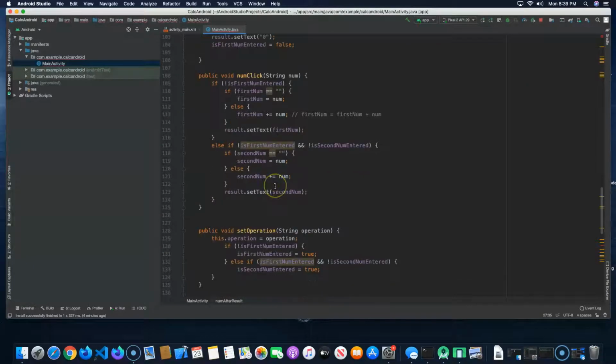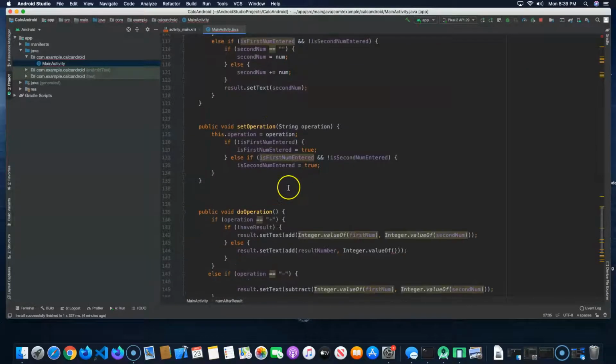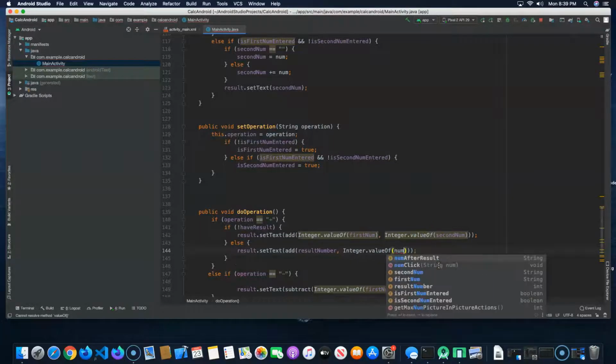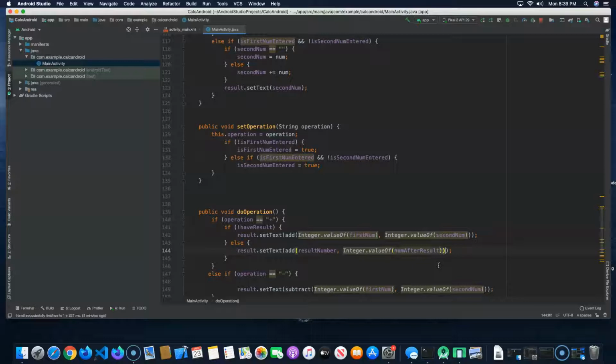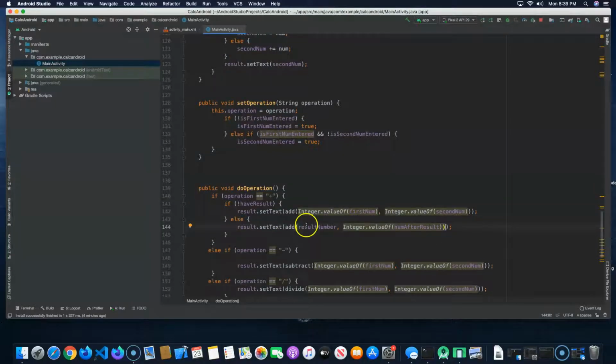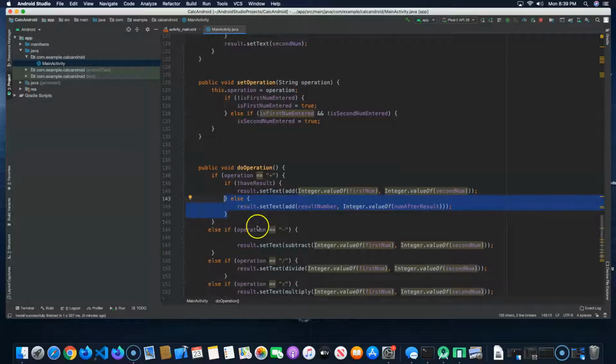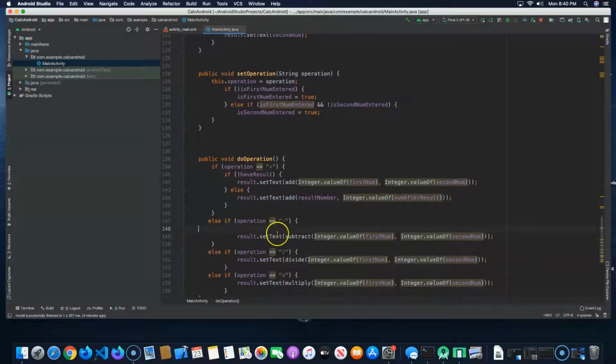So we'll come back here all the way down. So integer.value of num after result. Okay, this isn't going to work just yet because we don't have the result number, but I will do that in just a second. For right now, we just need to copy this all the way down here, which is going to be a little bit of a pain. So here we'll do if have result,